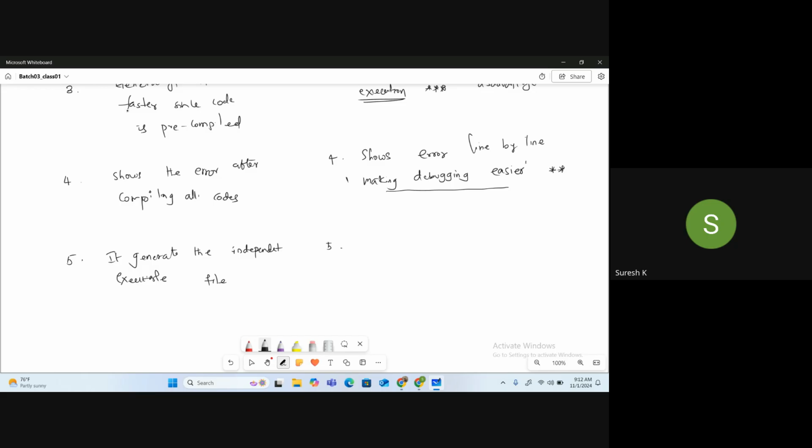Here it does not produce an executable module.